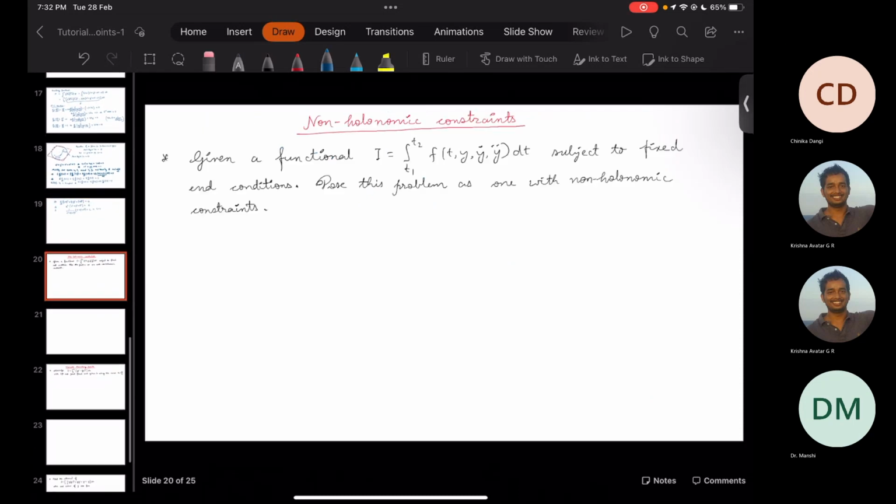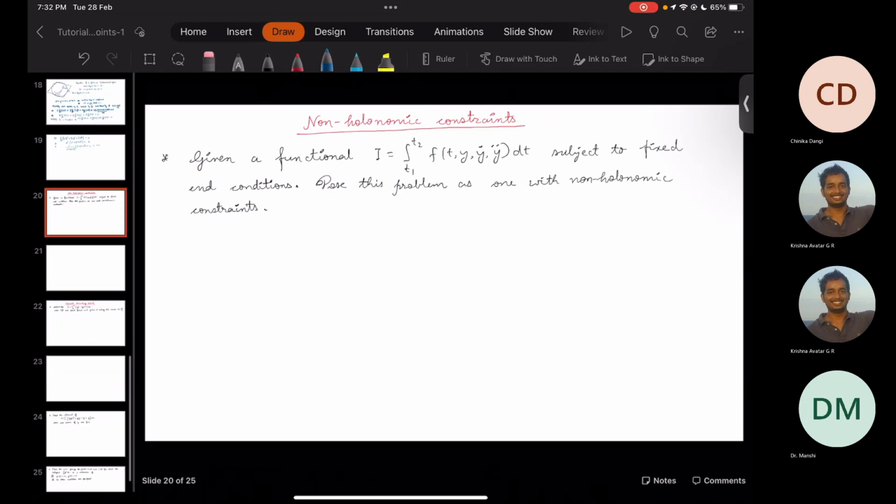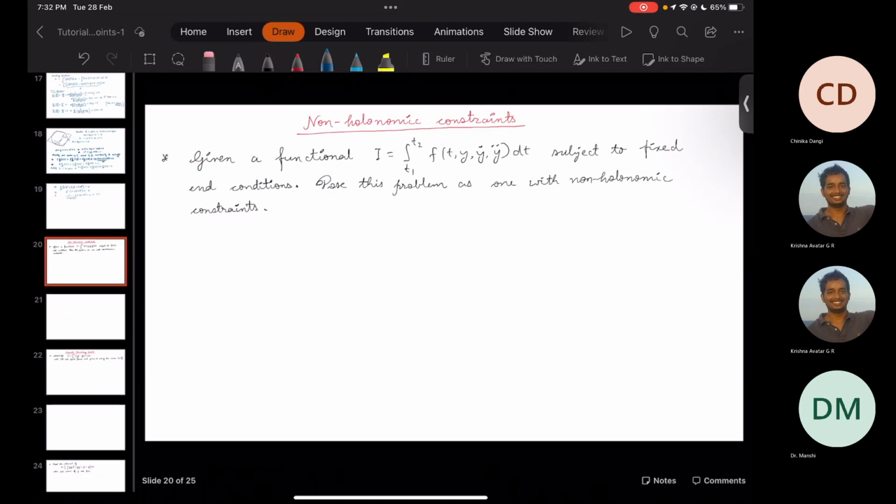Now let's discuss a few problems on non-holonomic constraints. The problem says that given a functional I is equal to the integral from t1 to t2 of f of t, y, y dot, y double dot, subject to the fixed end conditions, we are asked to pose this problem as one with a non-holonomic constraint. So what we do is,